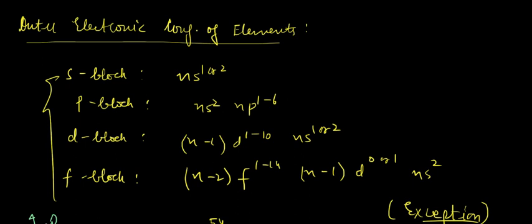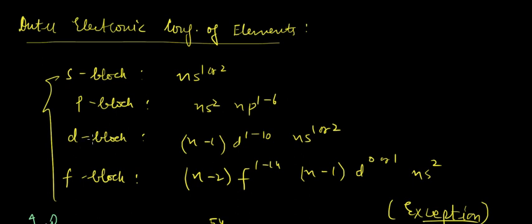Okay, hi guys. So in this lecture, we'll be seeing outer electronic configurations. Electronic configurations of elements: let's say the element is an S block element, then the outer electronic configuration would be ns1 or 2, and if the element is a P block element, then the outer electronic configuration would be ns2,